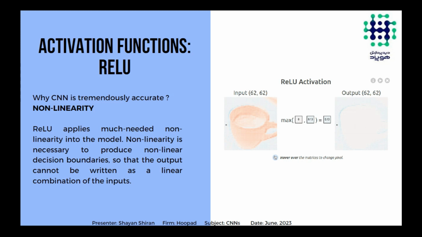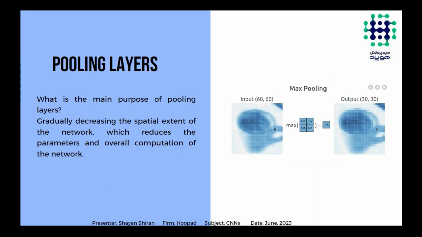And you can see here in the picture, the ReLU activation function is rather simple. It just chooses a max between two numbers. You can see it's 0 and 0.13, so it chooses 0.13 because it's bigger. That's a simple activation function. And then we have these